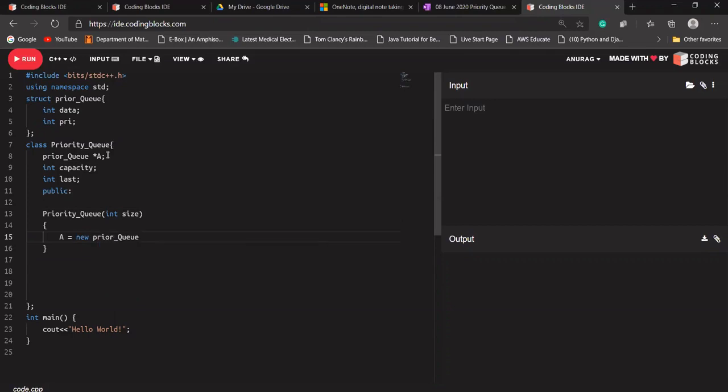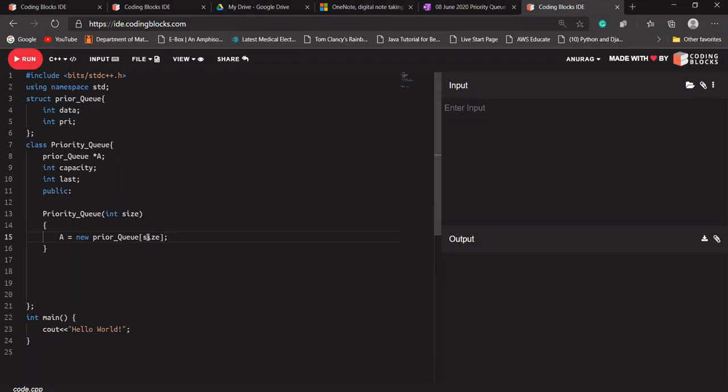It will be of the type of this structure, because that is the type of this pointer. I'm going to give it the size that the main function has given us. Capacity also does the same, right?